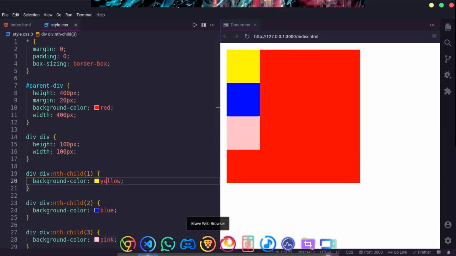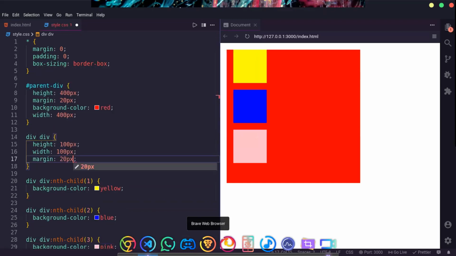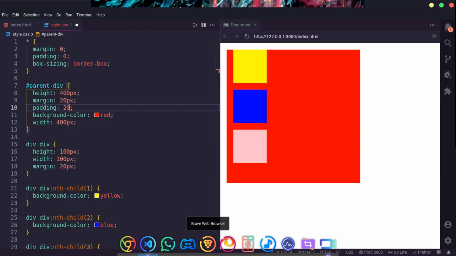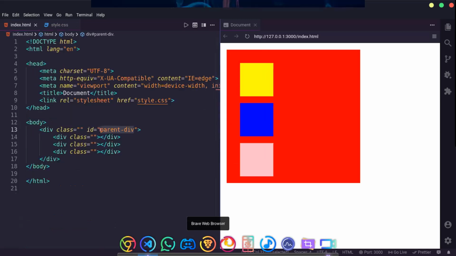Let's add a little bit of margin, say 20 pixels. Also let's have a little bit of padding, 20 pixels.